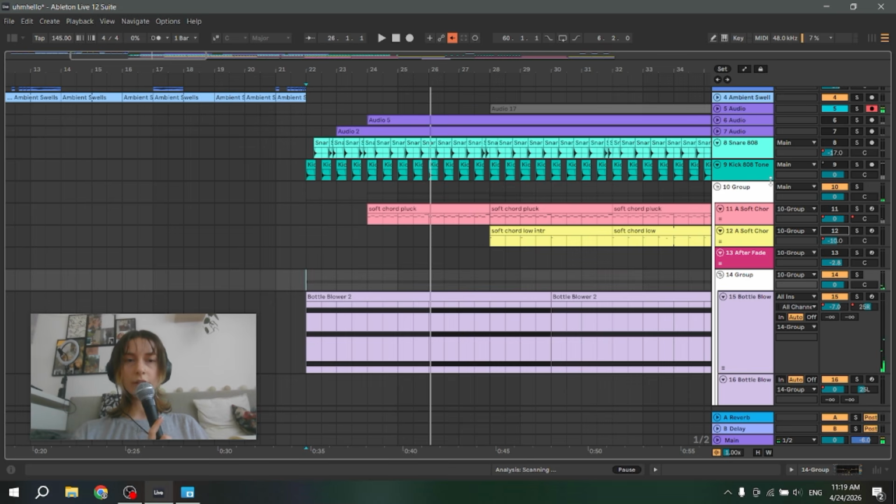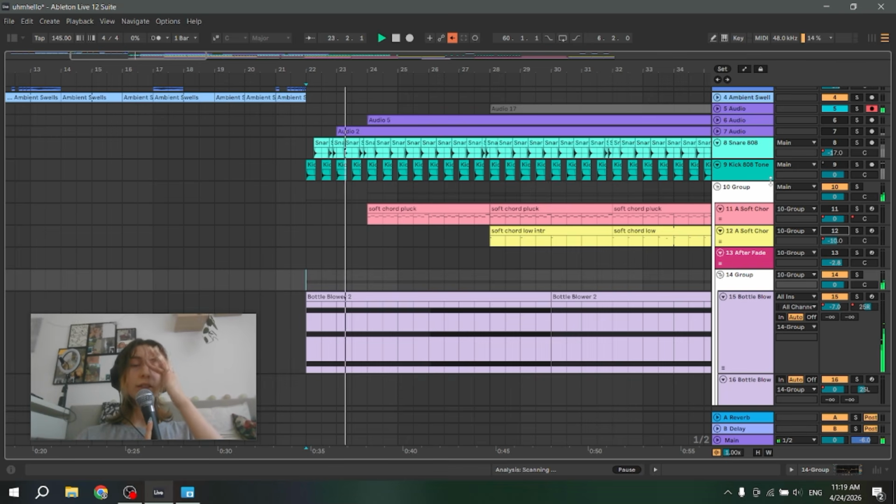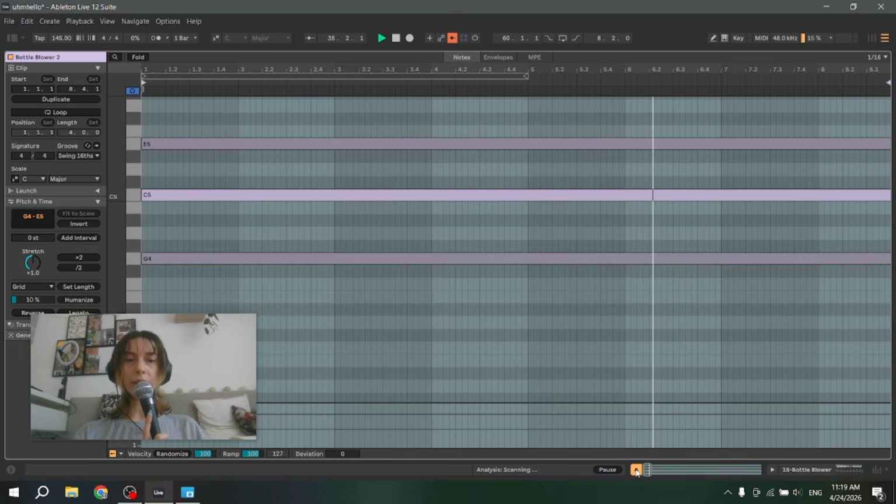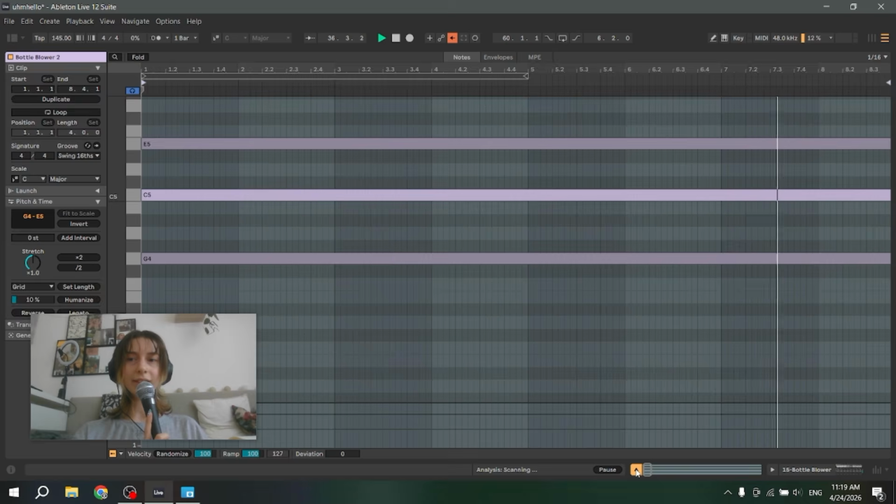So this is the kind of white noise atmosphere shaping sound that I just wanted to, I don't know. This is kind of what I'm trying to connect to the ambient sample from the beginning, vibe wise. This is some kind of chord, I don't know, I was just pressing stuff.